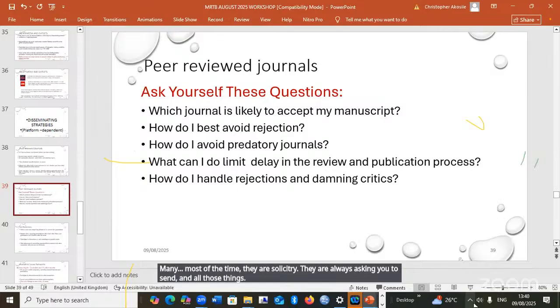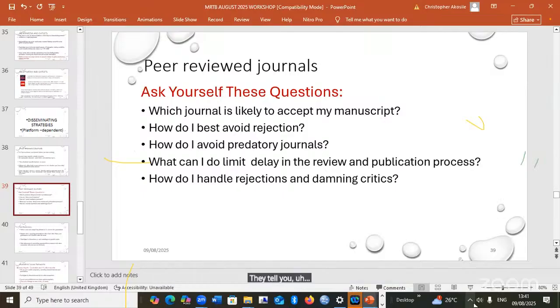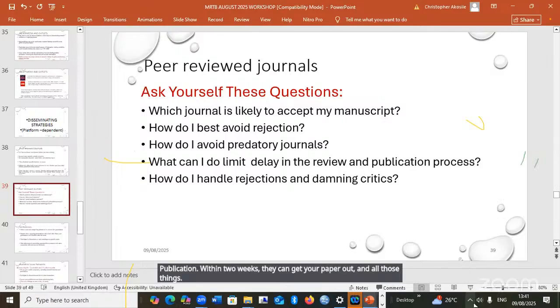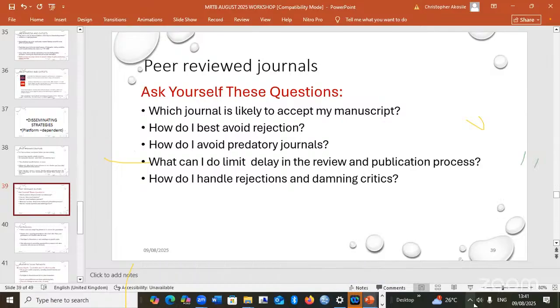They tell you they have 2 weeks, even 1 week publishing rates, that the process of publication within 2 weeks, they can get your paper out and all those things. You have to be wary of these predatory or so-called fake journals.